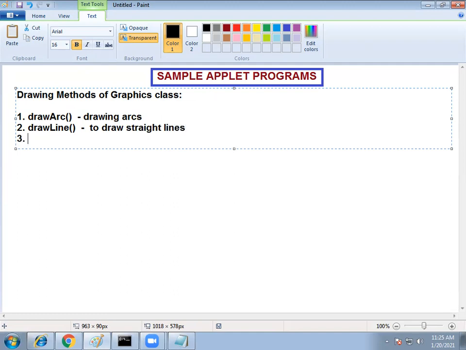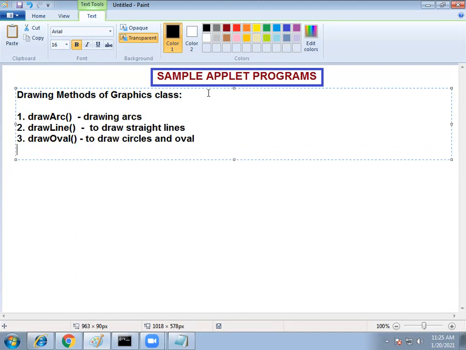Now drawOval, to draw circles and hollow ovals. There is no method to draw a circle, only oval.